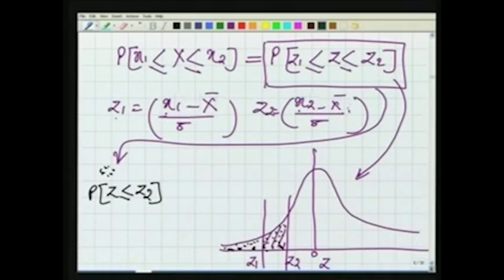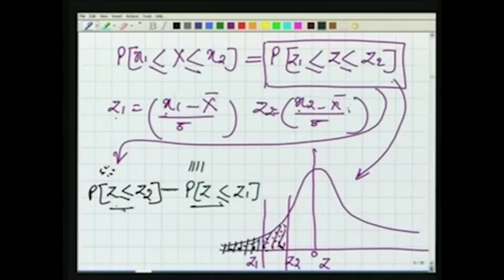Then if I can also determine the area here, if I am drawing by these lines, can I determine these ones? Let us say this area is the probability that my z is less than or equal to z1. Now, having known this and this, you can find the difference of these two. So, this total area minus this area here will give me the area under the curve here. So, by determining this and this, I should be able to find this probability.